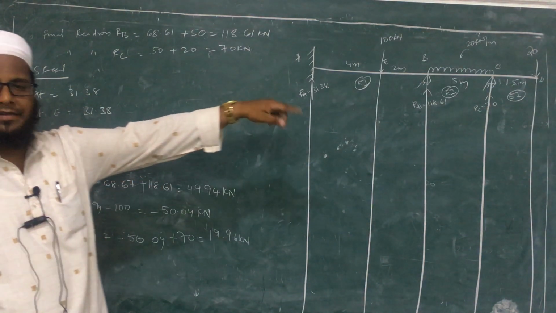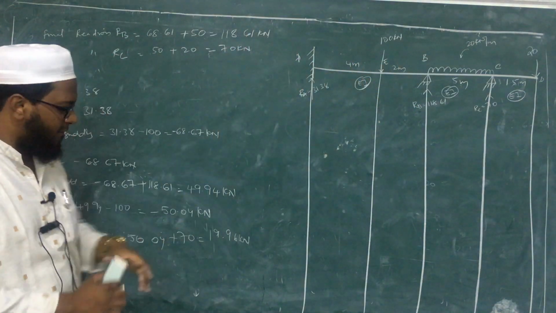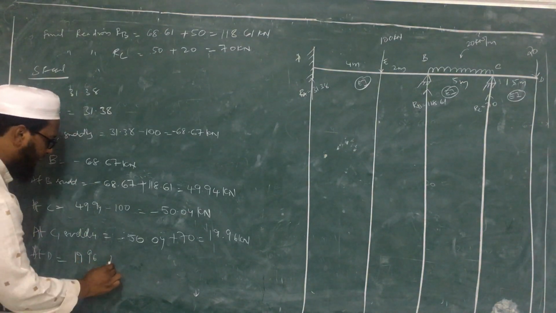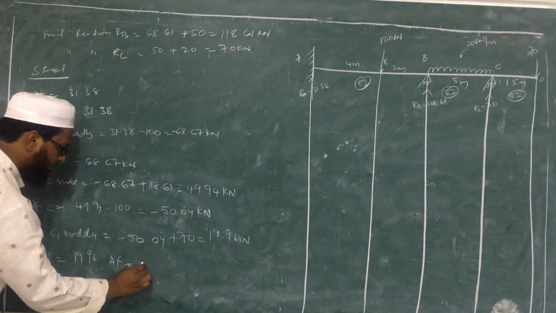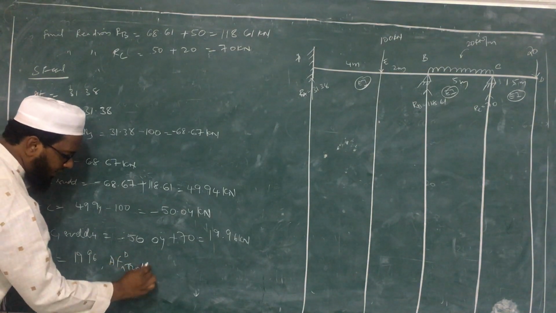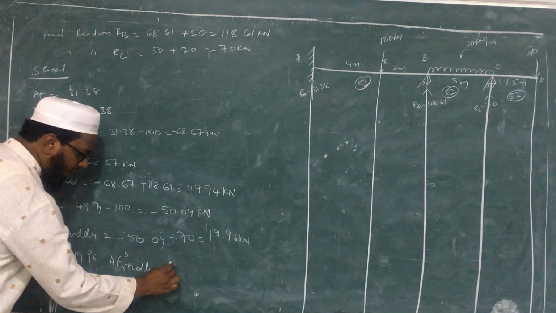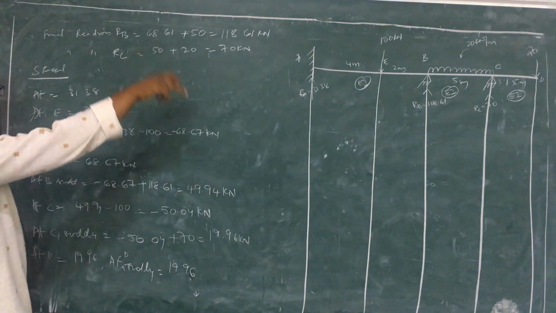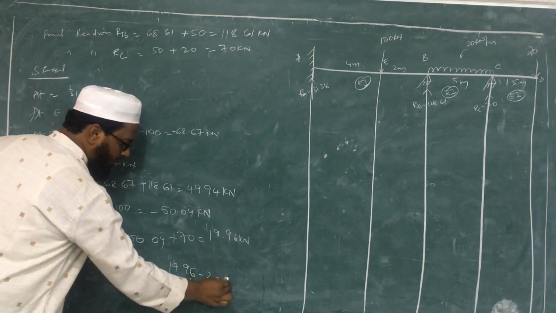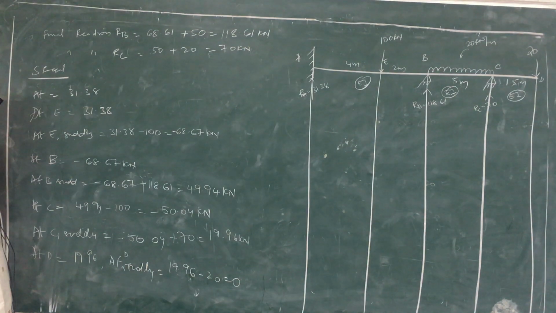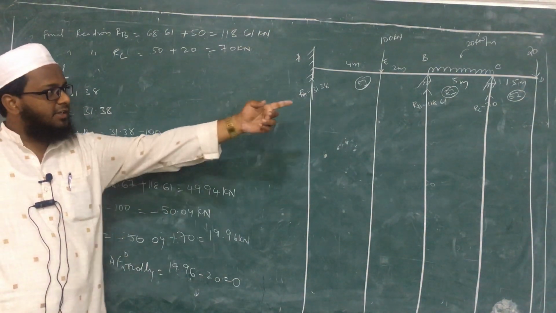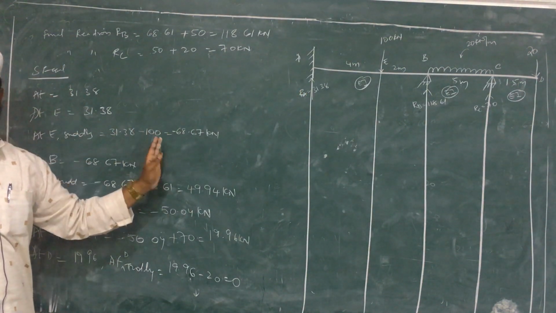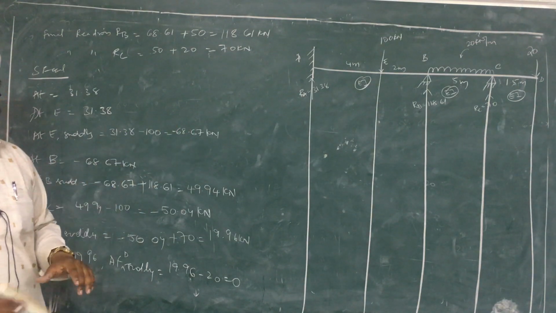So from C to D, do we have any force? No force. So write down the same value, that is 19.96. Then at D suddenly what happens? Suddenly, what is the previous value? 19.96. It is going in downward direction. So minus 20, you will get 0. Able to understand? So that means reaction at it should become 0 there. So we have done, our calculation is exactly correct for that. So we will draw the shear force diagram for that.